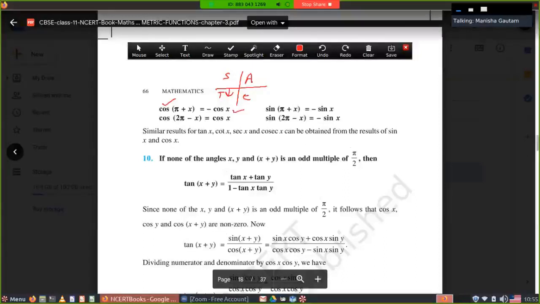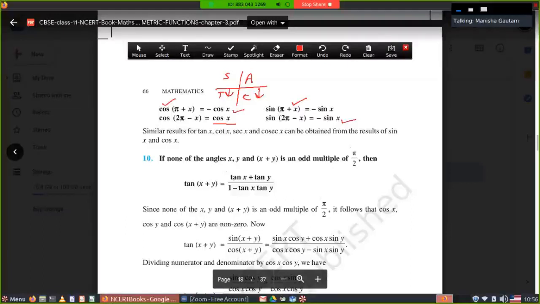Now 2 pi minus x means 360 minus x. It means you are in the fourth quadrant. In the fourth quadrant, cos is positive. It means cos 360 minus x will be equal to cos x. 2 pi means 360. Sine 180 plus x, again, is minus sine x. Sine 360 minus x will be equal to minus sine x. Apply this property after school to college, and the horizontal and vertical line idea I have given in a previous lecture.